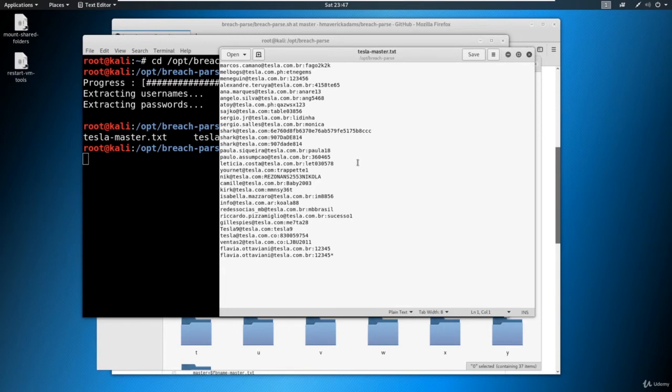So what happens is people utilize their work credentials or their work emails, and they log into websites they probably shouldn't be using their work emails for, and we just use it to our advantage. So what we're after is not only these usernames, but these passwords as well. So we see these usernames and we see these passwords, and I like to look for repeat offenders. I like to look for